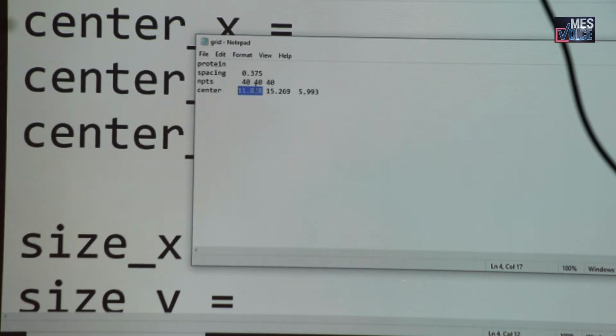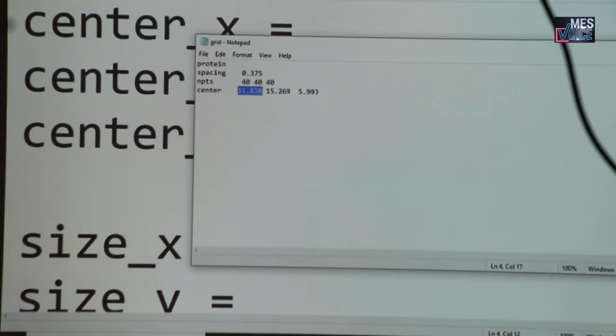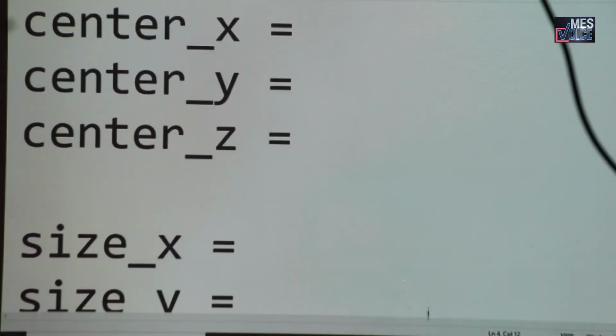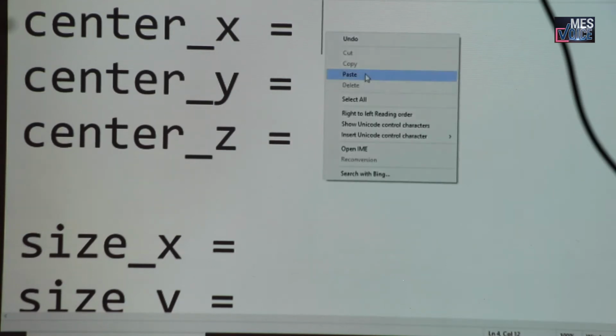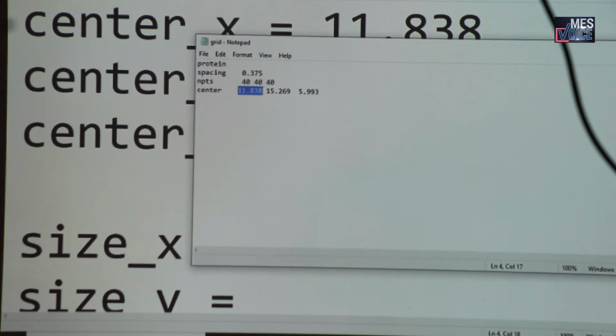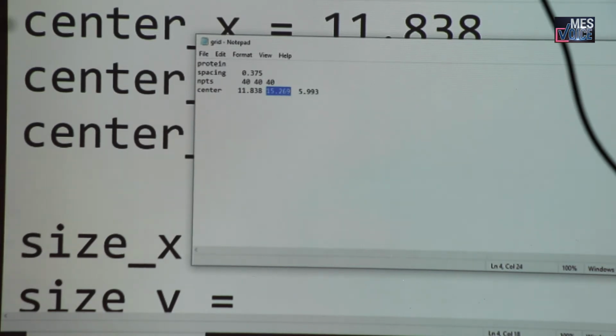Can you follow me? Copy. Place it. And y value I got 15.269. Maybe you got some other value. Copy